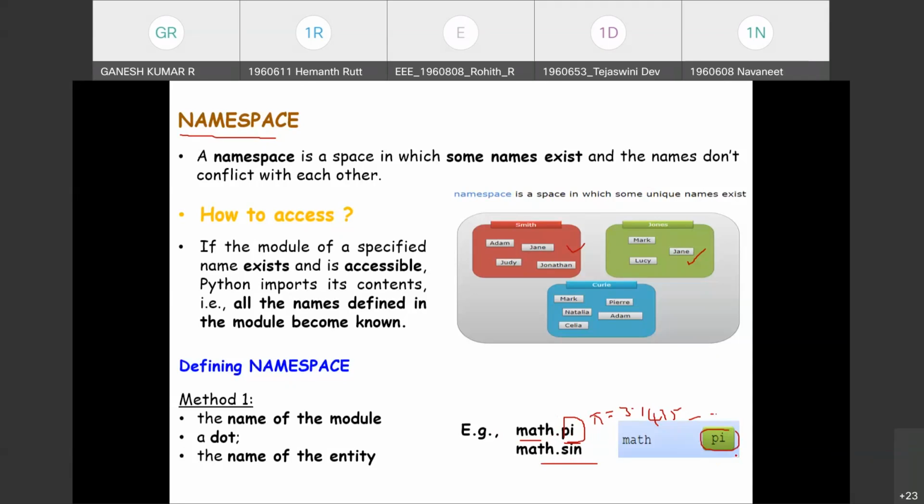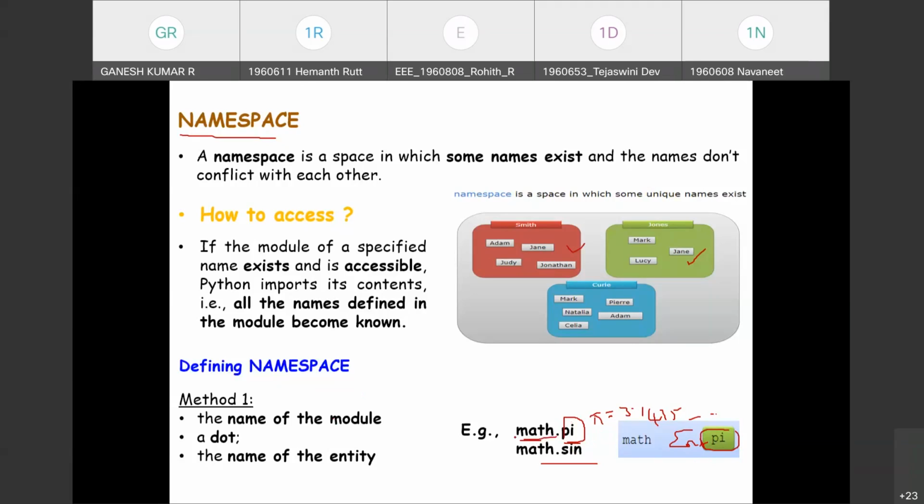Member is a generic name; as far as Python programming is concerned, it is specifically called an entity. Generally, it is named a member. So a number of entities can be specifically taken with the help of math.